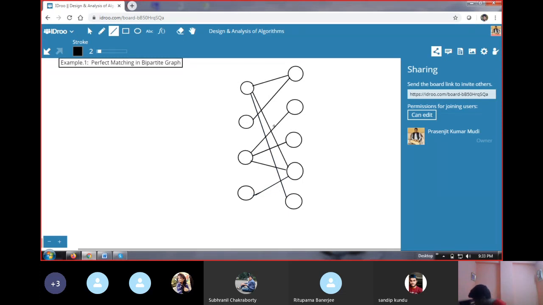Okay, so consider this bipartite graph. So it's a bipartite graph, and let me give some name to it. Let's say G1, G2,